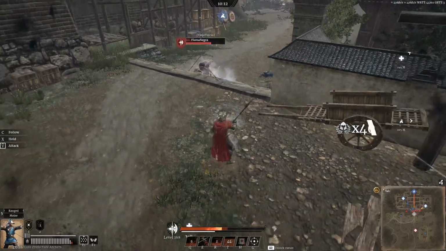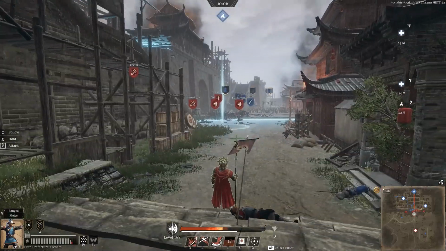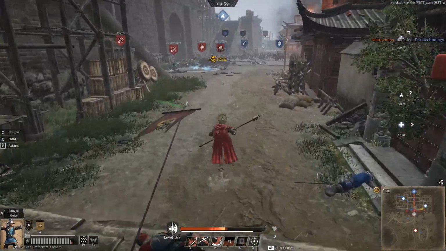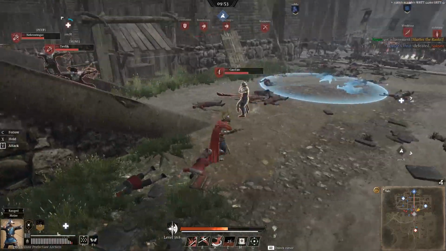Help me, archers. We should be able to shoot from here. Yes, I can. Cool. Let's see if I can get some range damage in from there. Can they hit from that direction? Yes, they can. Whether they can do much damage, I don't know. I've still got a 27-second cooldown on my...